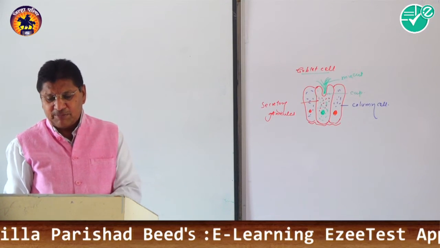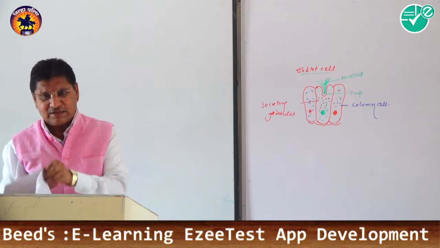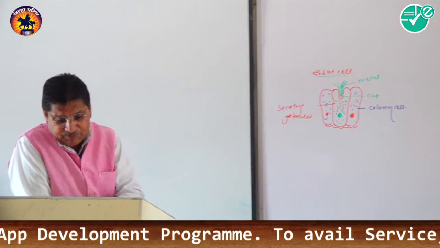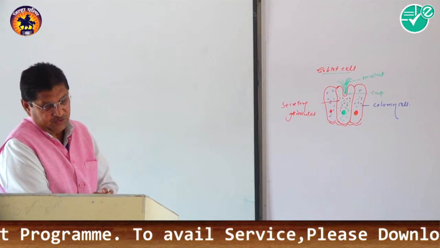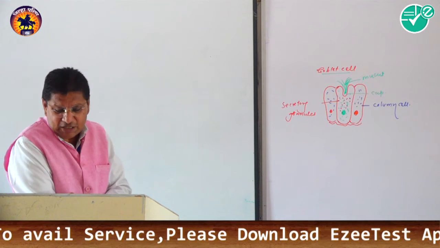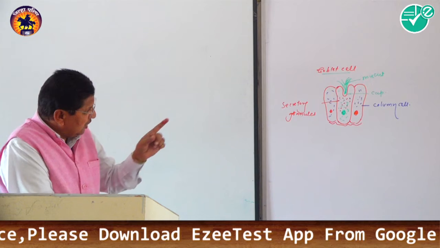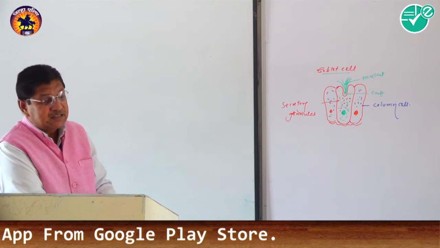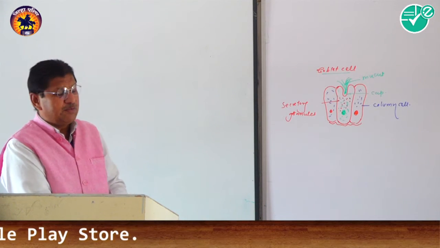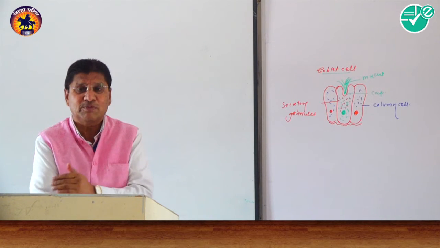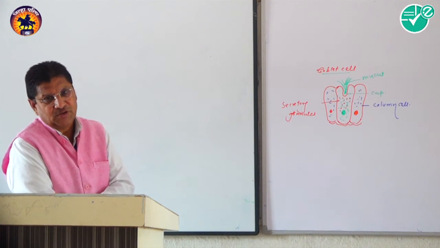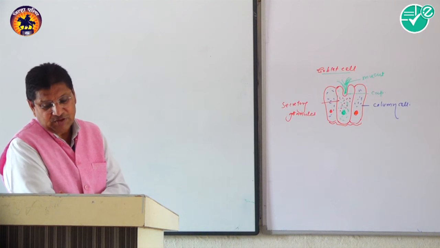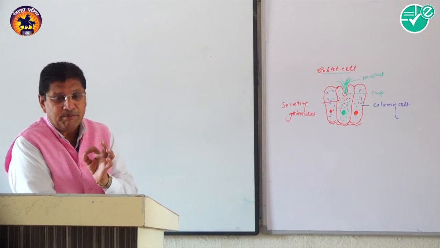Now, depending upon the secretion pattern, you know very well, these cells are classified into exocrine and endocrine. This is the structure of the goblet cell. It is a unicellular gland, and glands may be unicellular or multicellular, depending on the secretion. Particularly, the glands secrete mucus, enzymes and hormones. The mucus is essential for the lubrication of the passage. The enzymes are required for the digestion of material, and the hormones are the chemical messengers.